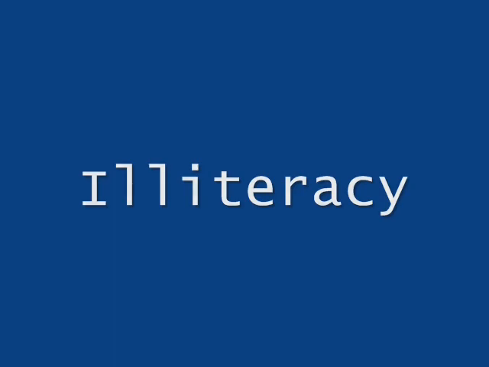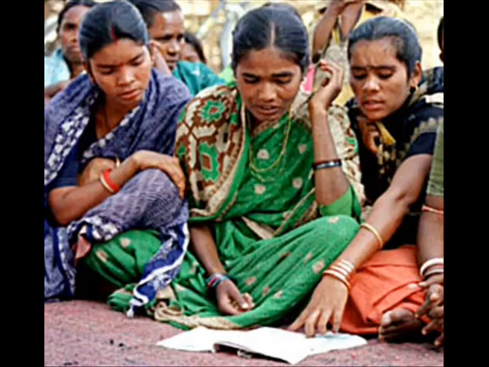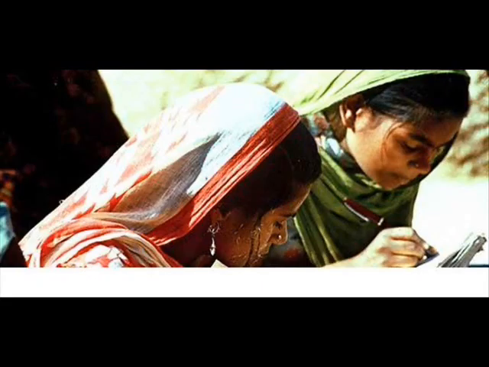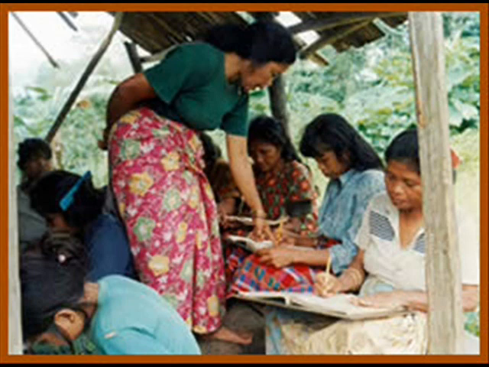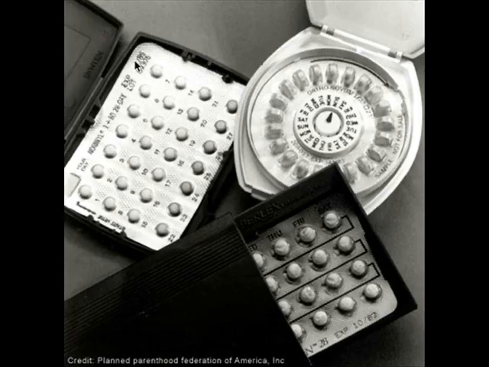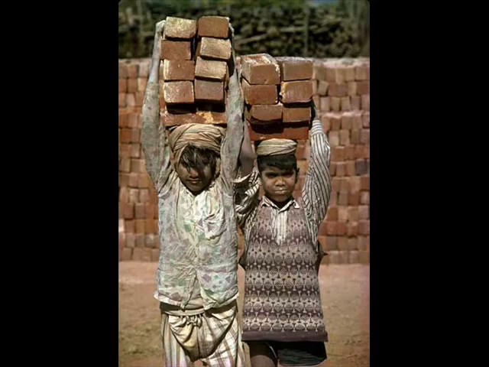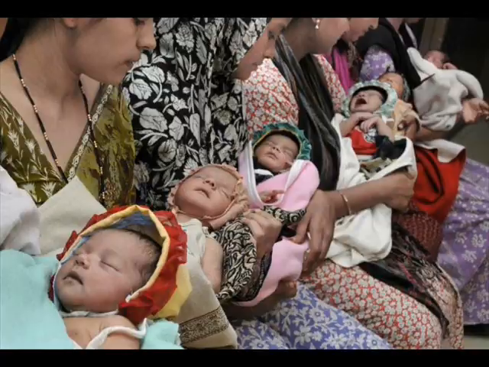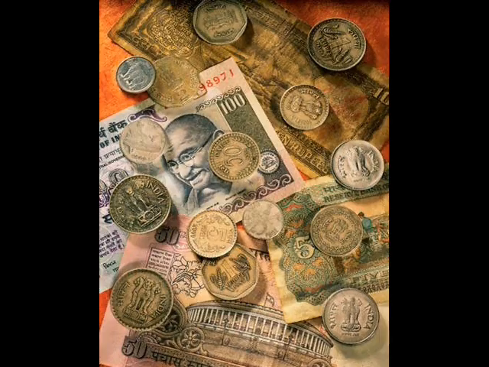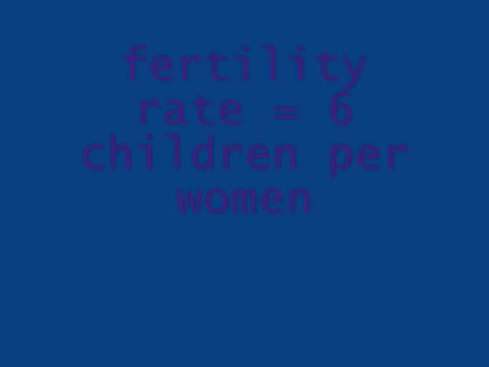Illiteracy is the main cause for overpopulation. Illiteracy means that they don't know how to read and write. In other words, they don't have any or enough education. Women are also not educated on birth control, so they can't use it without knowing what it is or how to use it. Indians have 5 to 9 kids to help farming and agriculture. They believe that the more kids they have, the more money they will receive. Indians' total fertility rate was approximately 6 children per woman.